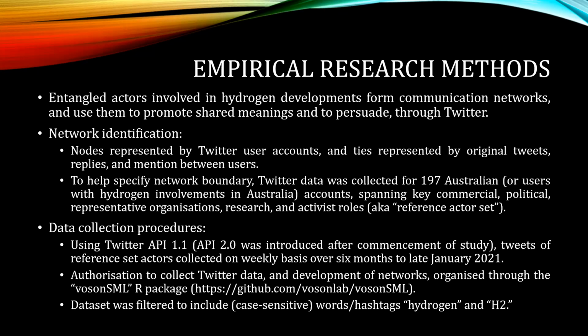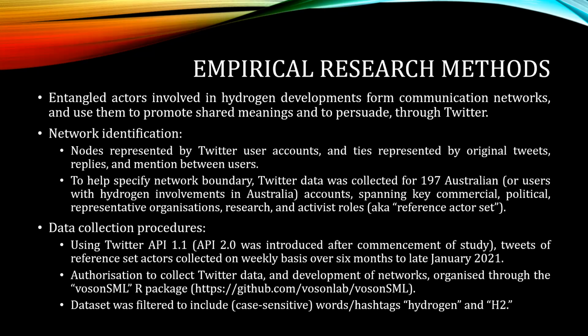So essentially, for those 197 actors, close to 200, I manually categorized those actors, and that's how I identified the network. And then, as I've indicated previously, I was able to use the Twitter API to scrape data from Twitter over a 6-month basis from mid 20